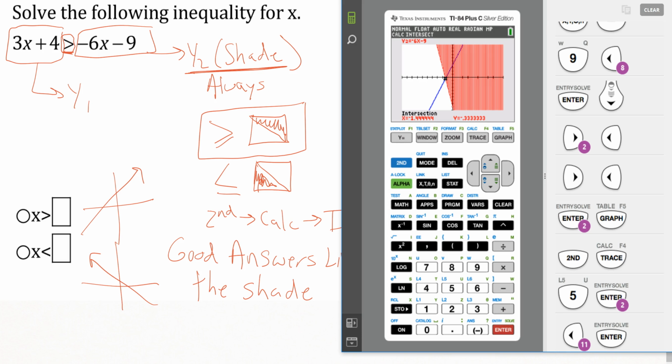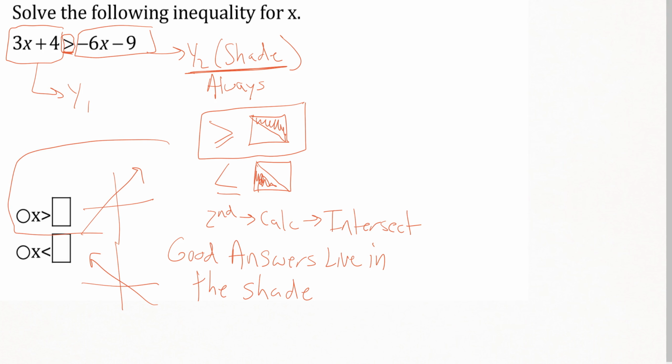What we can see is that the blue graph, our first graph, enters the shade of the second graph at that intersect, and from that point everything to the right is what we would be looking at. So what we want here is our first option, because if you notice the pictures I drew at the very beginning, I drew what the graph should be doing. The first graph is headed up and to the right into the shade of the second graph. So we're going to take our x equals 1.44 and enter it into this option here. We would want x to be greater than